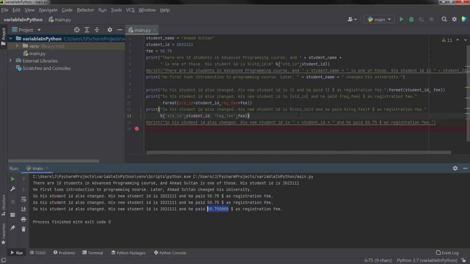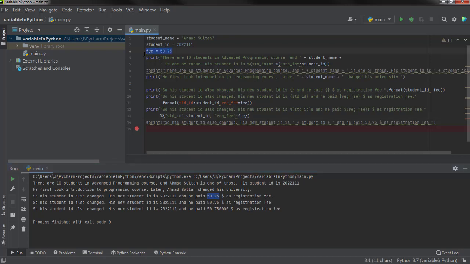Why? Because we are defining that this is a float value. So Python takes this float value up to 6, that's why it's printing up to 6 decimal places as a default. But here you can see that it's just printed the same value which we set here.